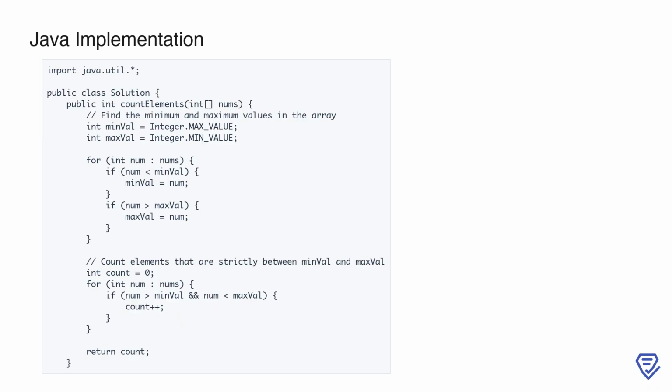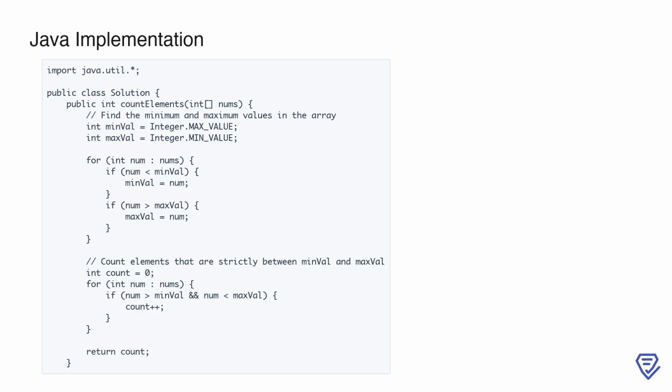We set minVal to Integer.MAX_VALUE and maxVal to Integer.MIN_VALUE as initial placeholders. Then, we use a for each loop to iterate through each number in the nums array. Inside the loop, we compare each number to minVal and maxVal, updating them whenever we find a smaller or larger value, respectively. This ensures that by the end of the loop, minVal and maxVal hold the minimum and maximum values